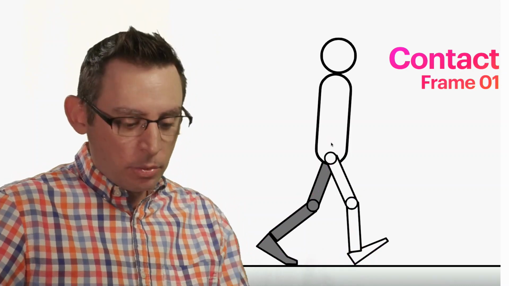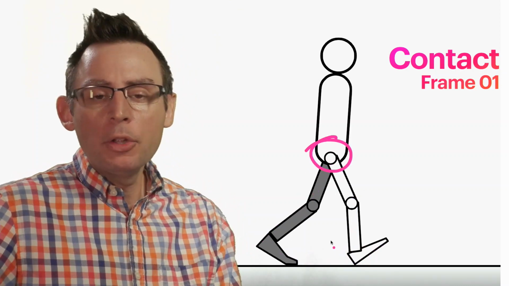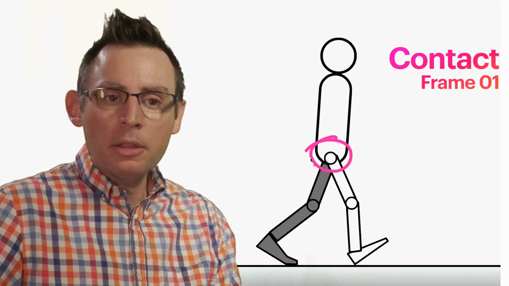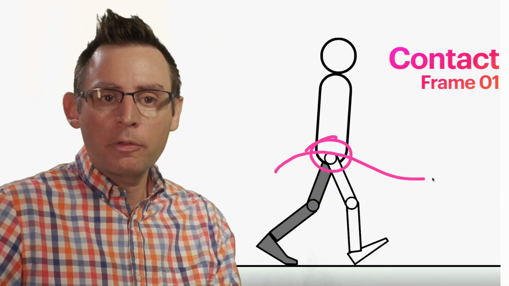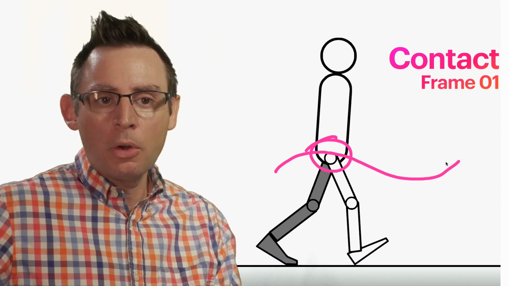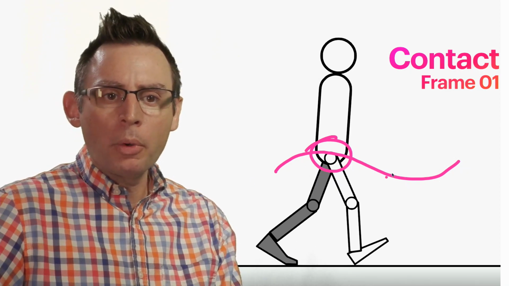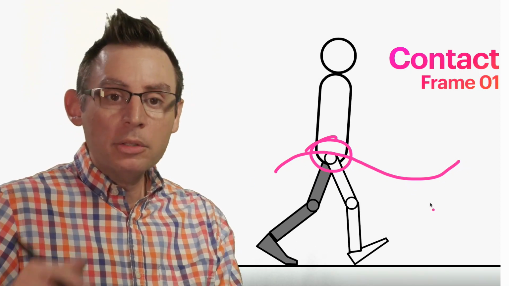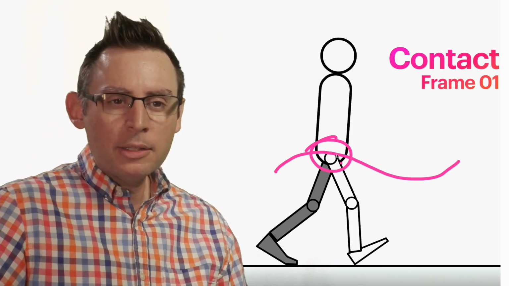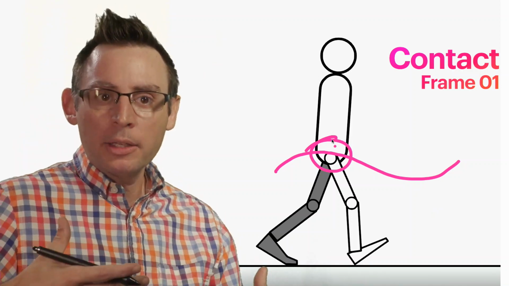It also starts to establish pretty quickly the location of the hips and where the arc for the hips is going to rise and fall. This is kind of the middle point of the arc. It's not the lowest, and it's certainly not the highest. This establishes kind of the baseline, if you will.